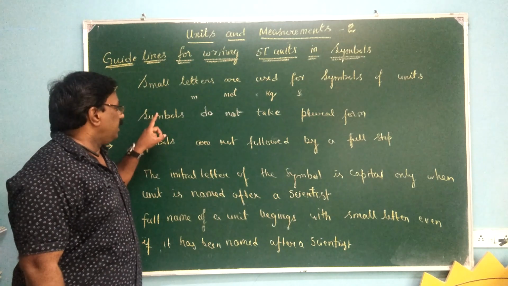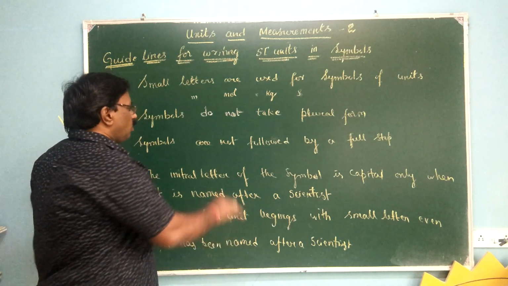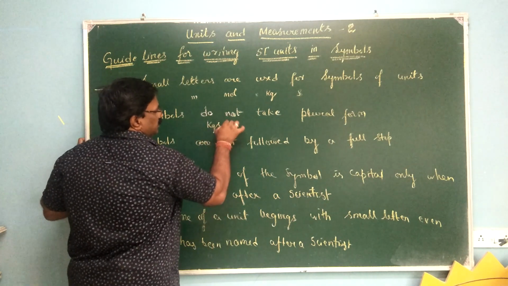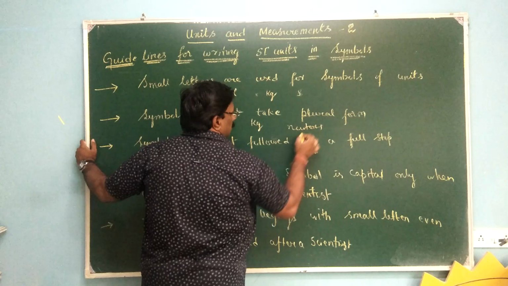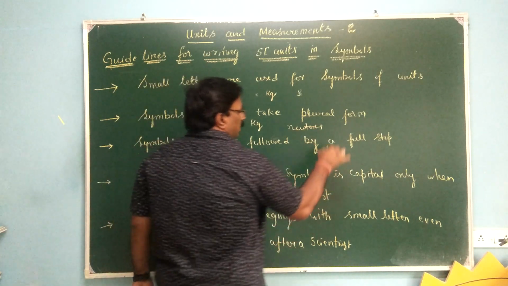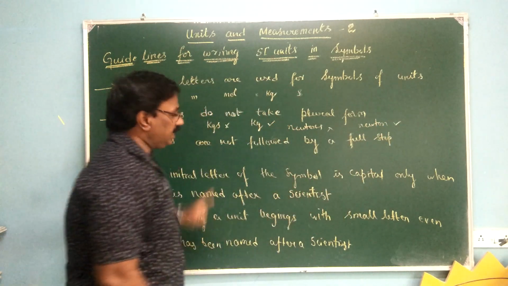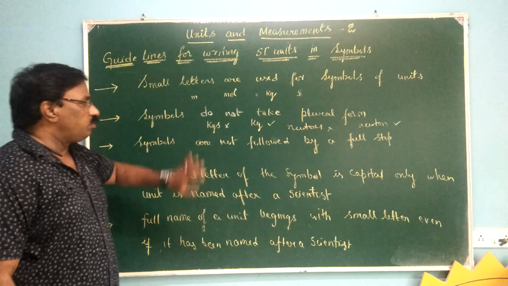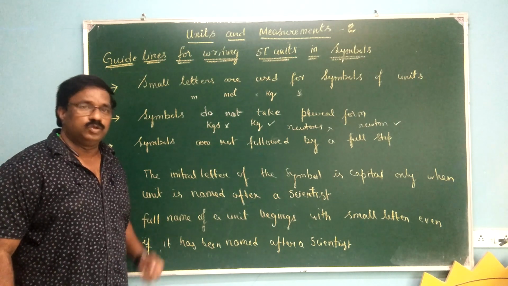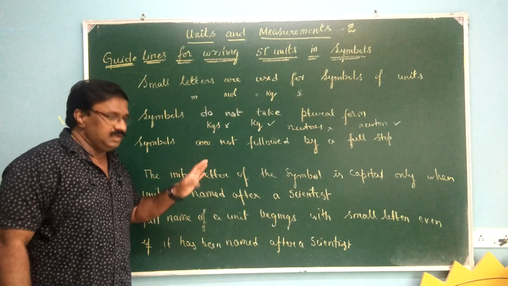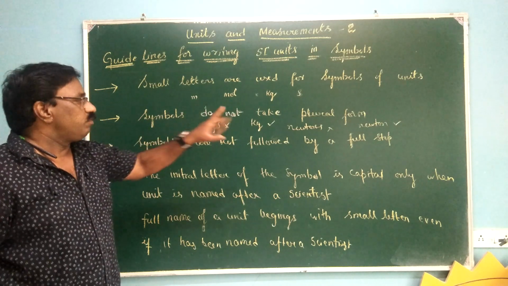Understood this? And symbols do not take plural form. No plural form, always we use singular. So it is not kgs. Kgs is wrong. It should be kg, not newtons. Do you know what is Newton? Unit of force. It should be Newton only. Newton, correct. Kg, correct. Kgs is wrong. So they cannot take plural form. We won't write meters. We say meter, second, 200 second, not 200 seconds. But in general we say seconds, but if you are writing, please be careful. Symbols do not take plural form.